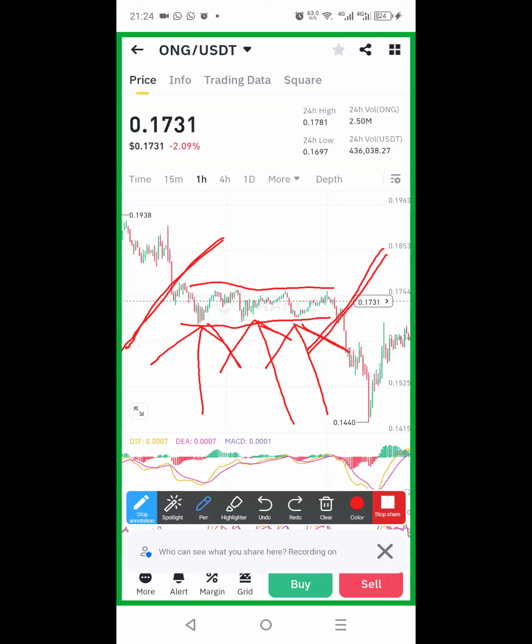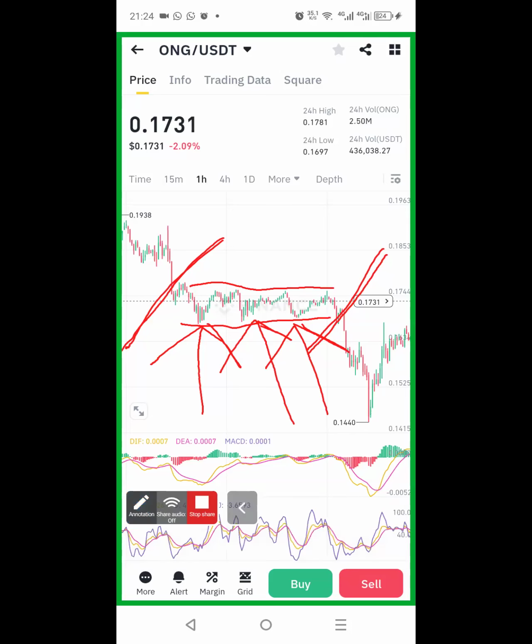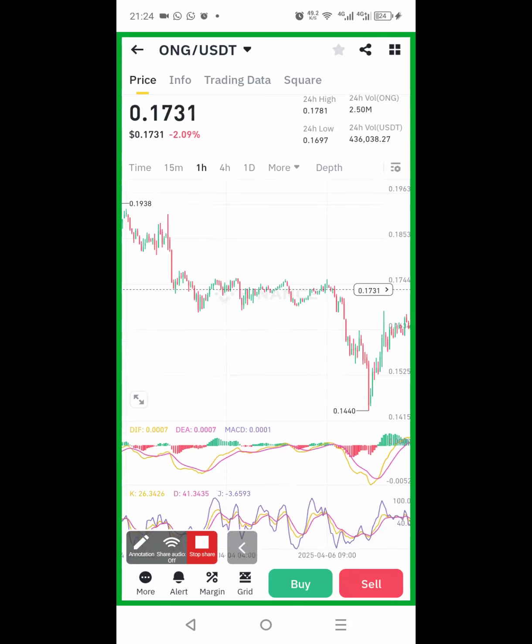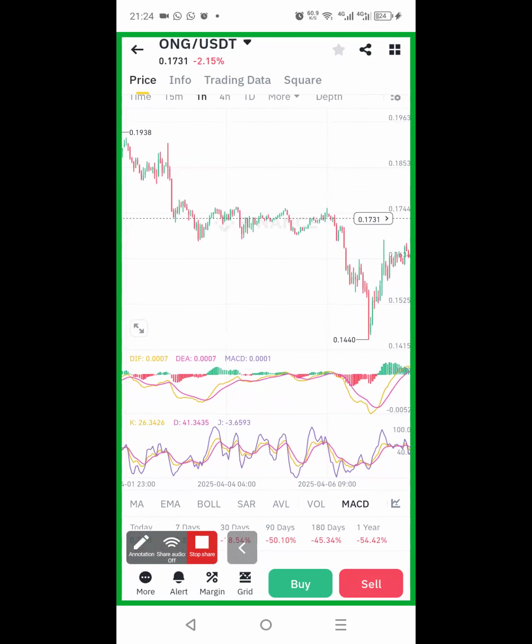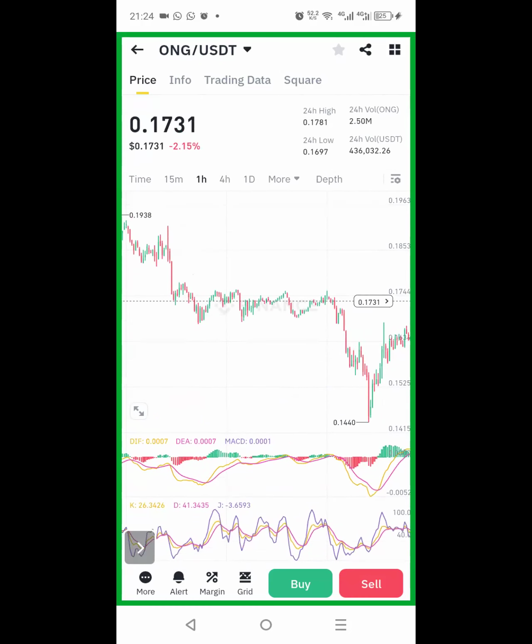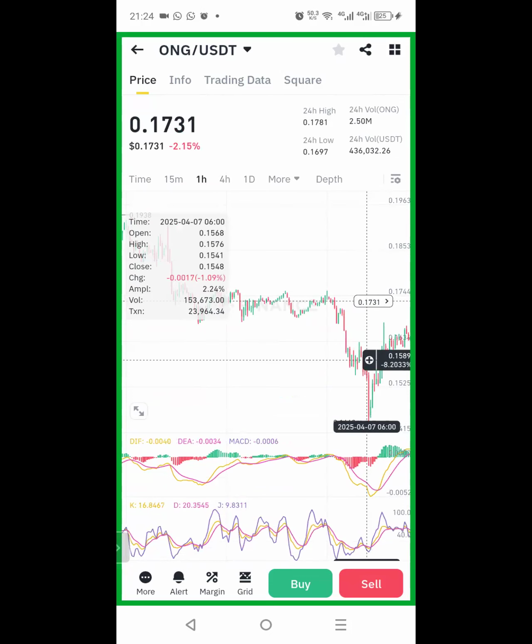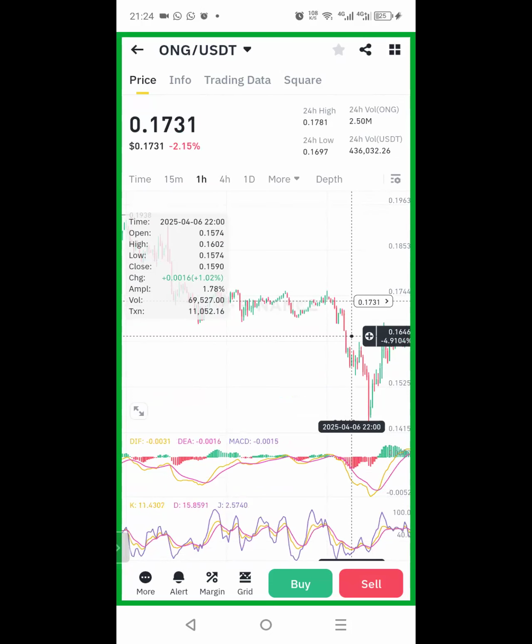And also there is one thing: if I want to know the percentage difference between the lows and highs of this sideways movement, this is what I always do in Binance. Let me clear all this. We see this ruler that I'm moving now, this black ruler. We can see it, right?